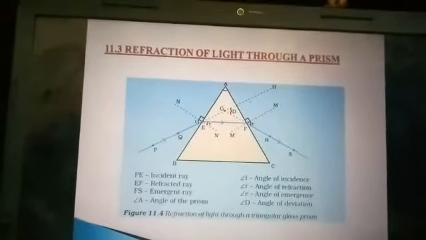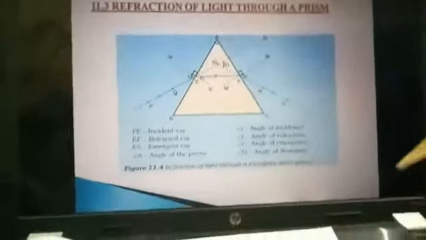And just look here. We are comparing, what is a prism? A prism is like this. Triangular prism. So how many faces does it have? It has 1, 2 and the bottom one. This one is a rectangular face, and the lower one is also in the shape of a rectangle. So 3 rectangular faces are there and 2 triangular. The front one is in the shape of a triangle, and the back side is also in the shape of a triangle. So how many faces does a prism have? Total 5. 3 are rectangular faces and 2 are triangular faces.